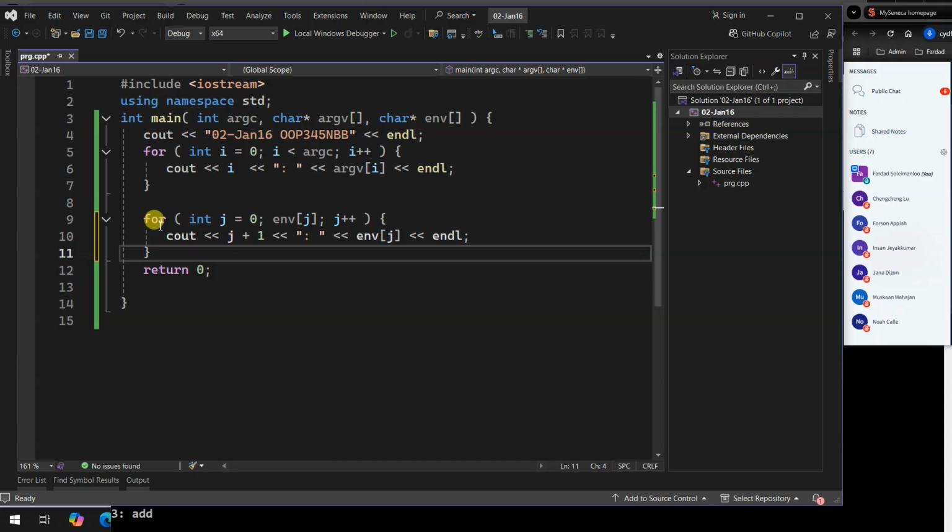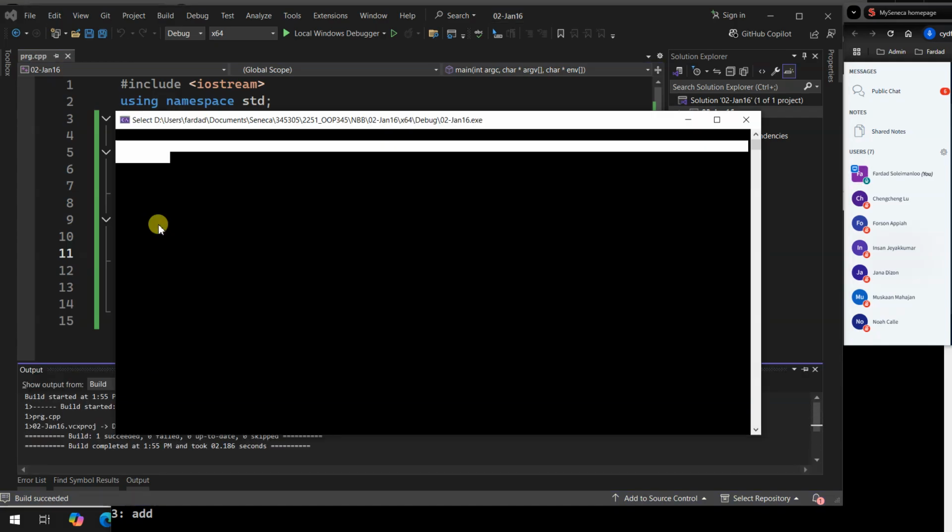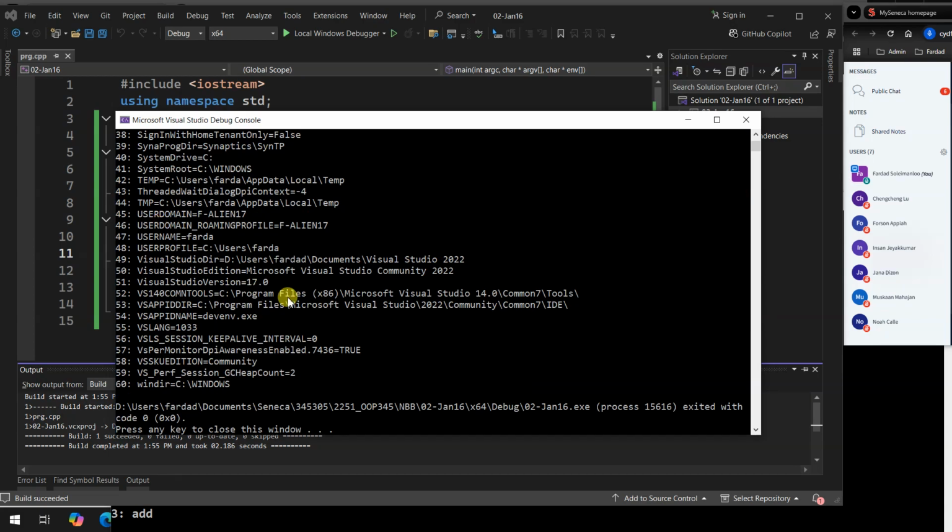I have to give you 1% for the midterm. Okay, so unlike argv, envp is a null terminated array of pointers, which means the last element is null. That's the one that actually holds the values. And when you run the program, it shows all the environment variables that you have on the screen. Anything you wish to know about it, you can even know what is the original system you are running in.